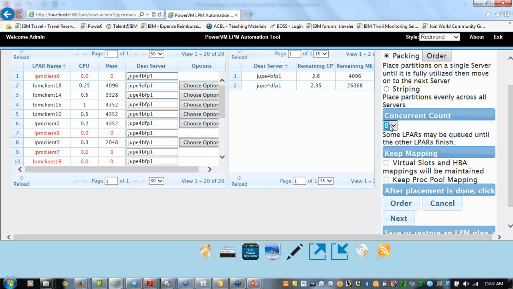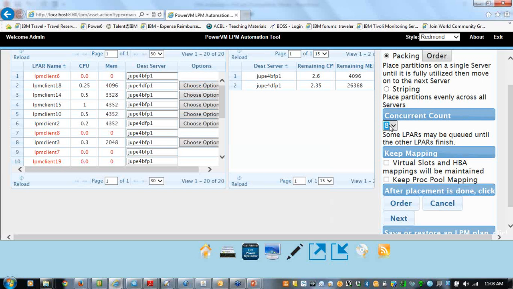Let's talk about PEEP mapping. So what this does down here is, let's talk about the easy one first. PEEP processor pool mapping. So let's say that you know that you have processor pools across your enterprise, and that's how you're doing your licenses, and you want to keep the processor pools the same from where they came from to where they're going. You click that button there, and when we move things, we will make sure we put it into this pool. If you're in the Bob pool on the source, we'll put you into the Bob pool on the destination.